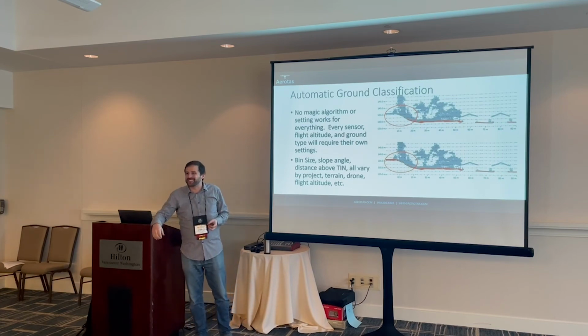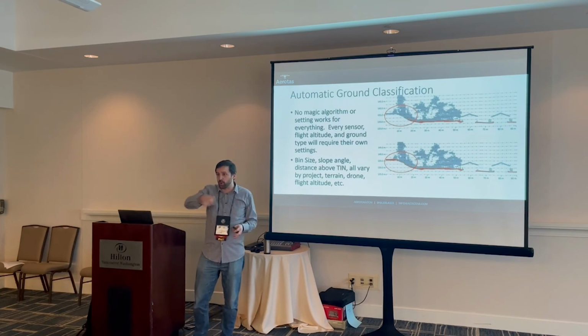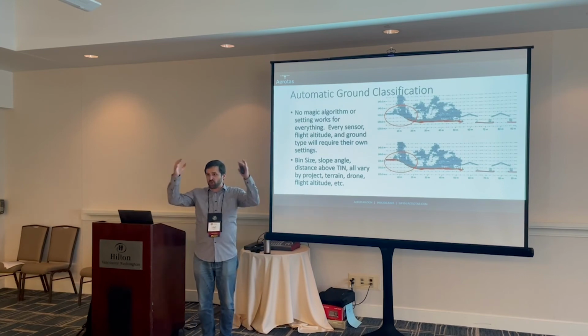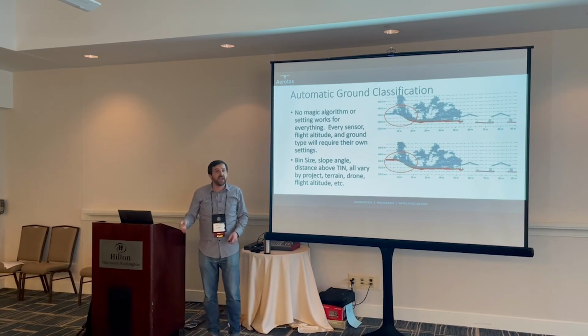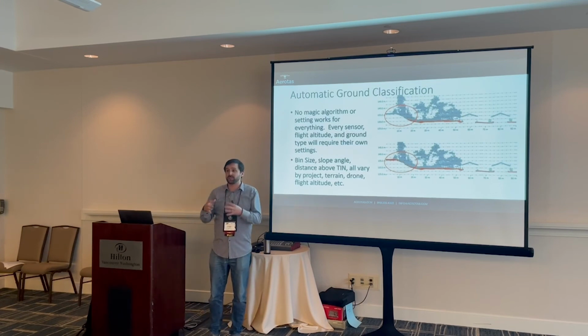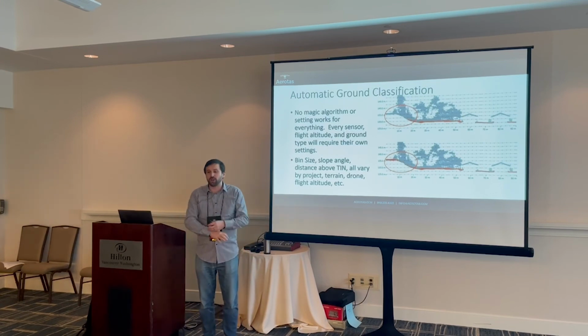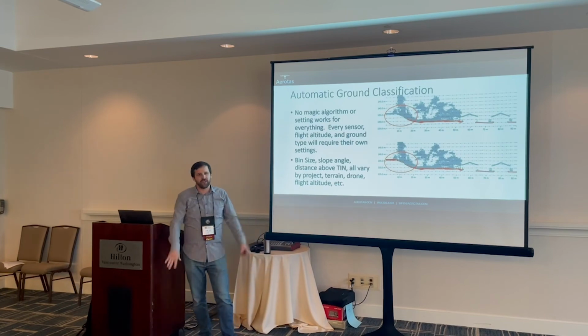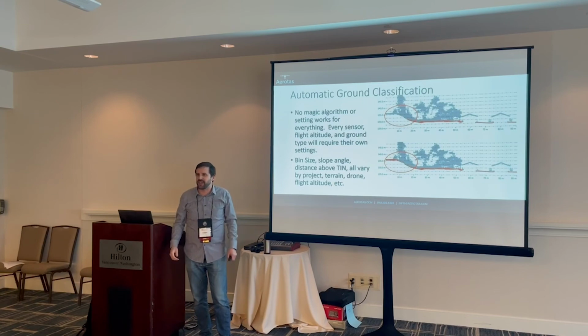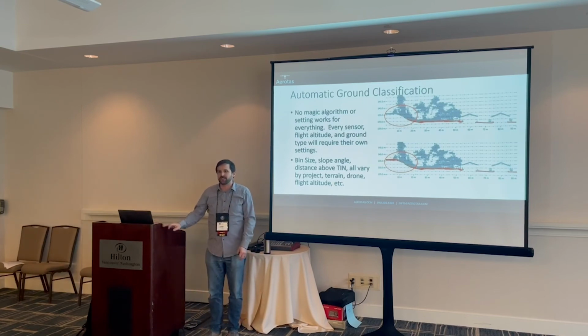But that made us realize this because it was a steep hill with a road running through it with all of these crazy jagged rock outcroppings that were natural ground. We had software settings that we thought were magical, and it was taking all of this ground and throwing it out, saying, nope, that's way too sharp of a feature, that's not natural ground, it can't change like that, and it was causing all kinds of problems. Then we switched it the other way, and it's like, okay, these really sharp features, that's ground. And so it would take these trees and say, all right, that tree is ground now. And we're like,